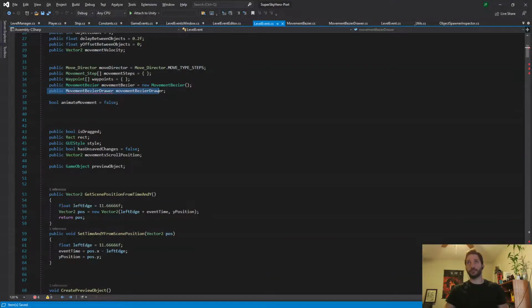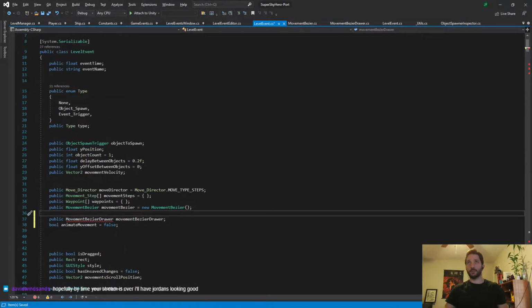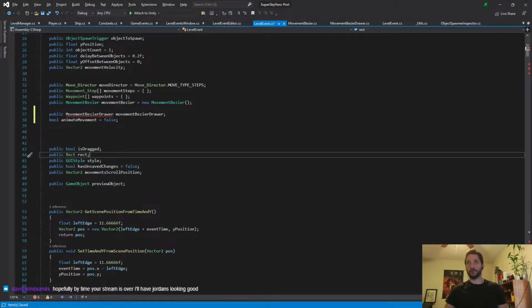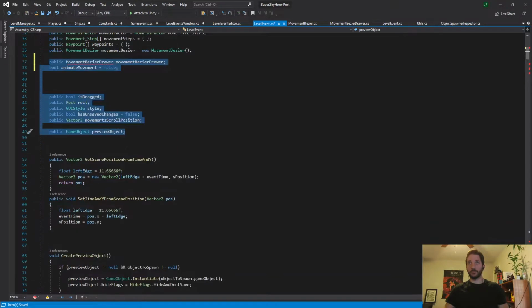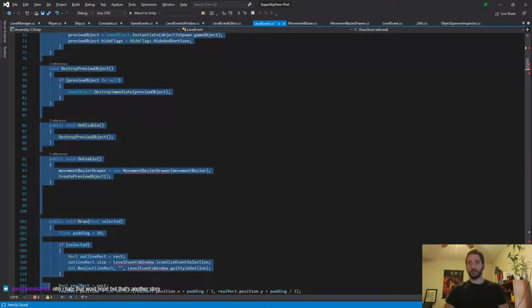So this thing, this movement Bezier drawer, animate movement. All these fields is dragged, all that stuff. Preview object, get all this stuff. Get scene position, set time and white from scene position. Create preview object, destroy on disable, on enable, draw,